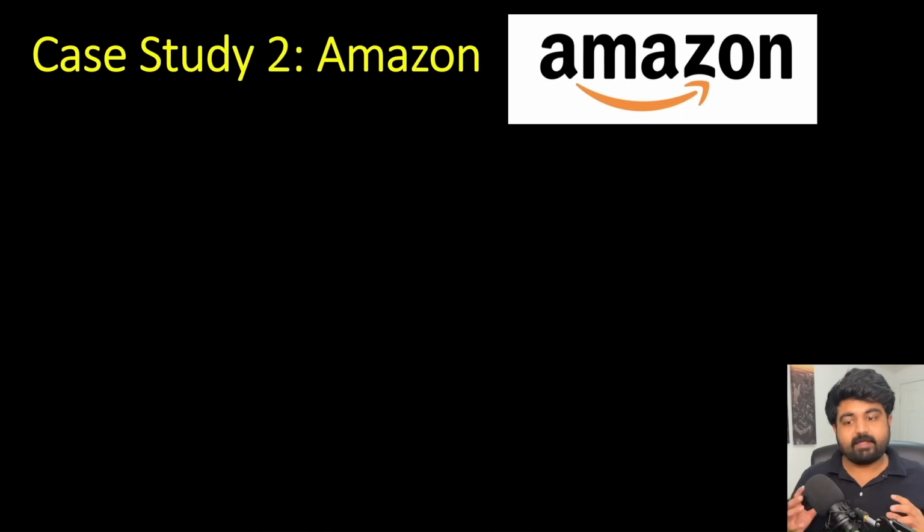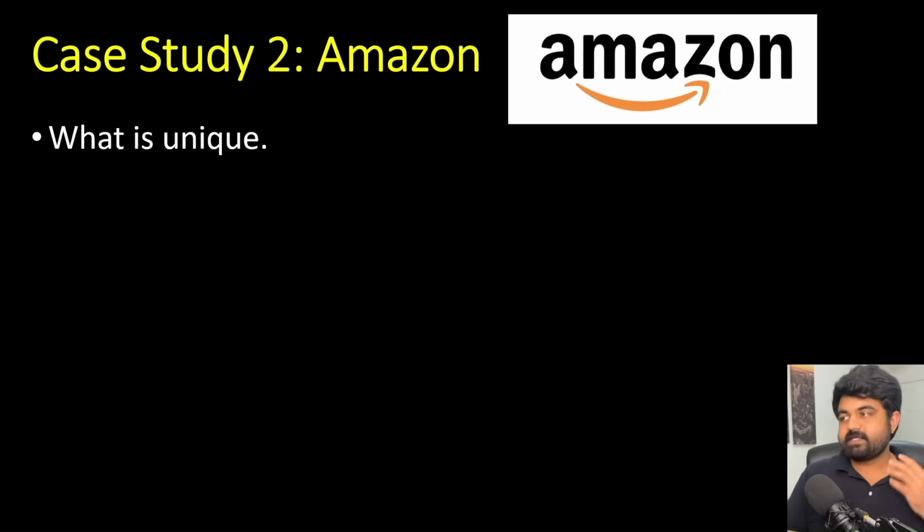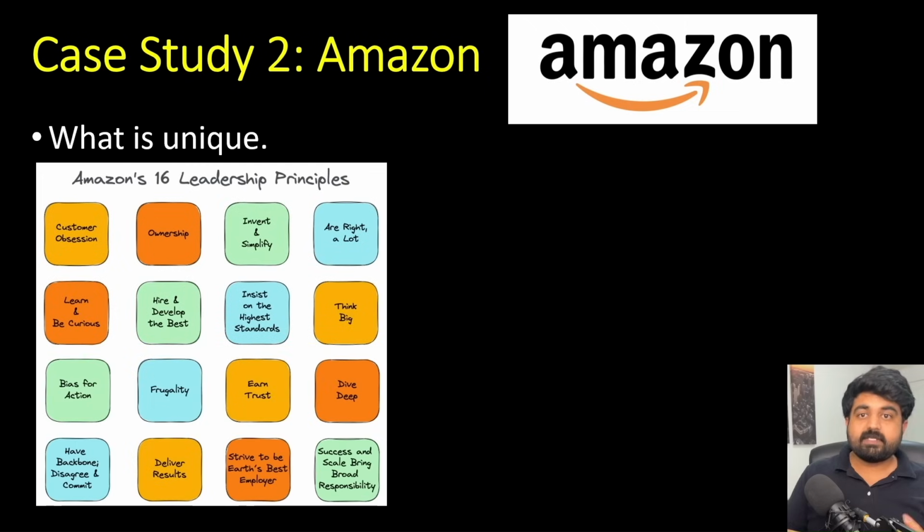The different thing about Amazon is that they actually believe in something called leadership principles. A few years back, Amazon came up with a huge list of different leadership principles, and they say that every single employee needs to follow these leadership principles in order to be counted as a successful candidate at Amazon. Some of the leadership principles, which I have listed over here, are customer obsession, being the earth's best employer, thinking big, delivering results quickly, and a lot of other things.